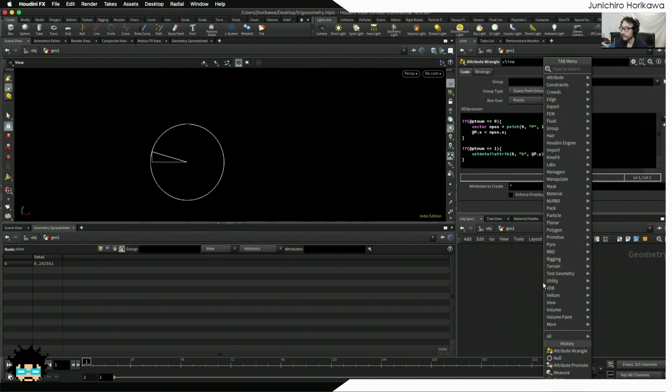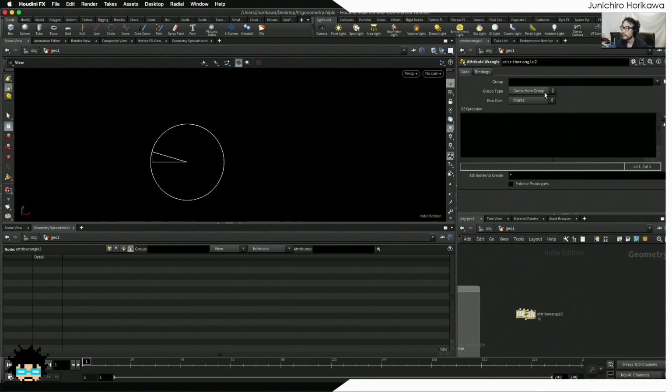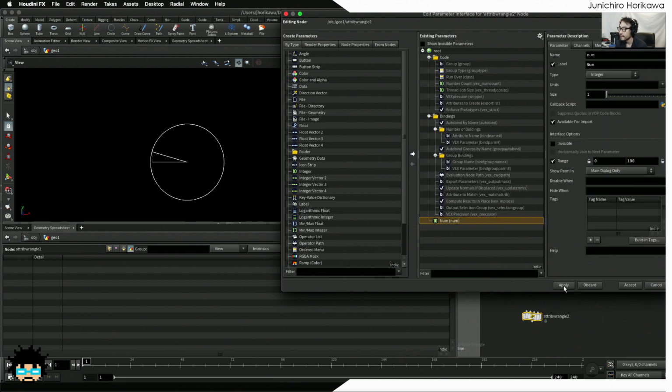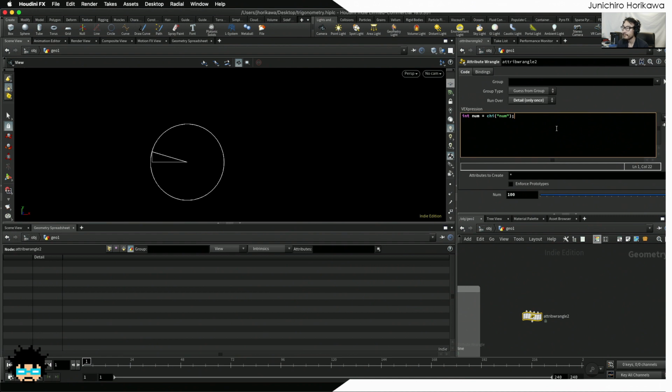Now let's create an attribute wrangle. Let's set it to detail. Okay, and let's first set the number of points you want to use to create the points to draw a circle as a polygon. So let's parameterize this. Okay, and let's set the range for this number from 0 to 100, and I'm going to set the default value to 100. Now I'm going to use a for loop to loop through the number of points that I want to create